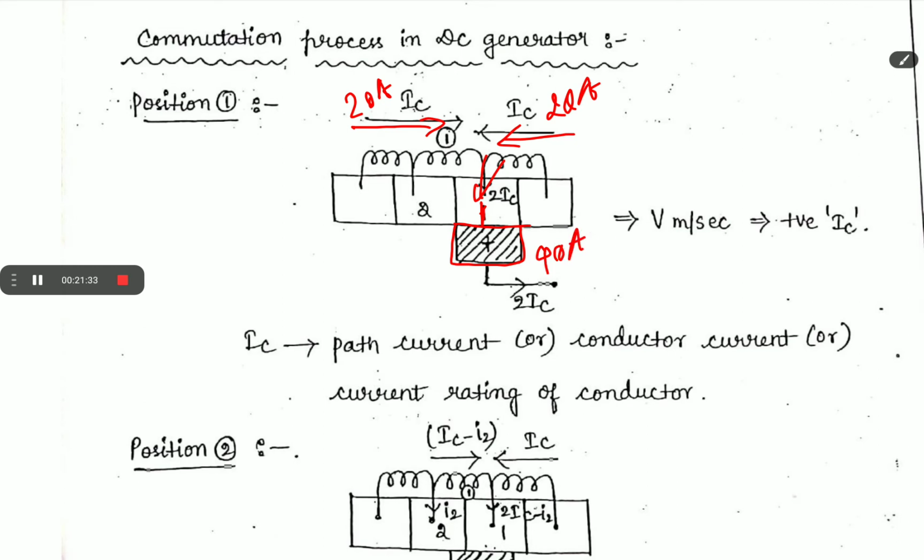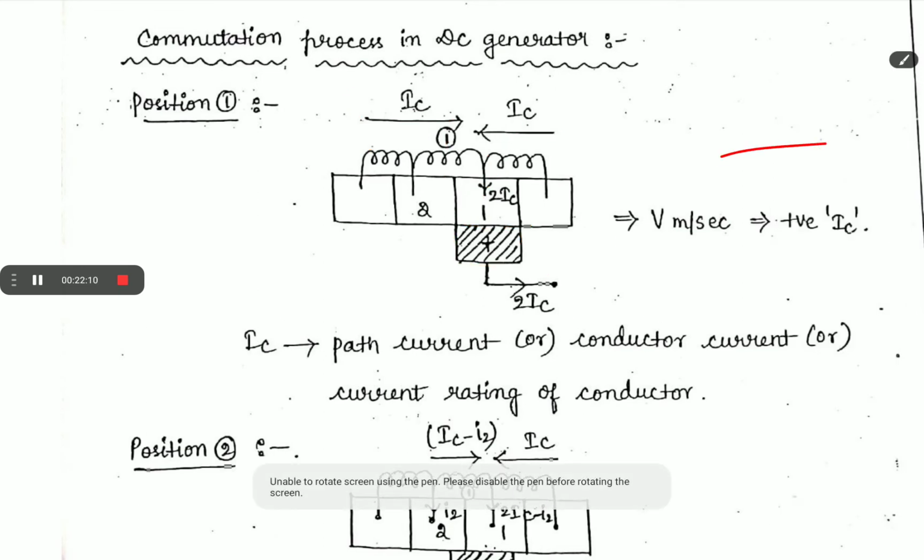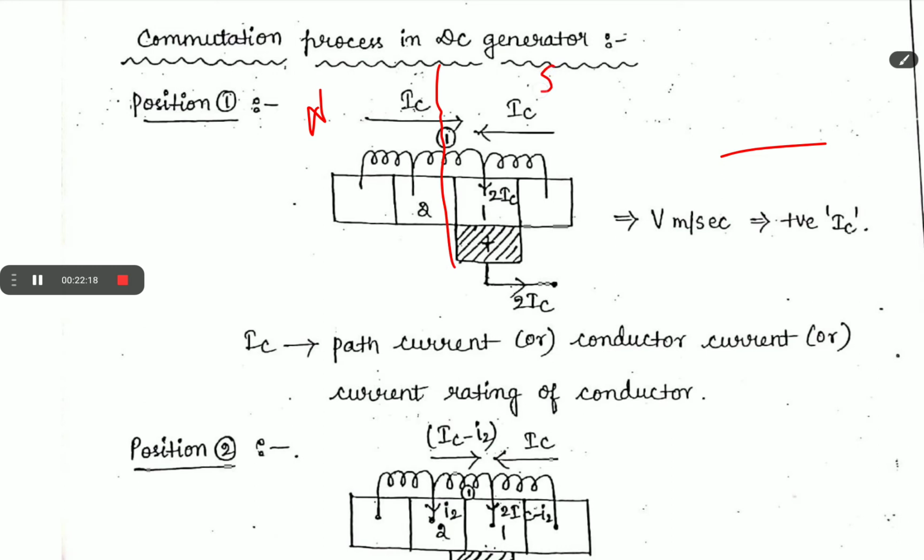Okay, so we know that some conductors will lie under the north pole and the field of north pole, and some conductors will lie under the influence of the south pole. So when the magnetic neutral axis passes, at first condition coil 1 is under the influence of this side of the magnetic field. Initially coil 1 comes under a particular field. Suppose this side is under the influence of the north pole and this side under the south pole. Coming under this influence, the current direction is to here, and here the current direction is also to here. So totally, both are incoming current to the brush through this point. Okay, then